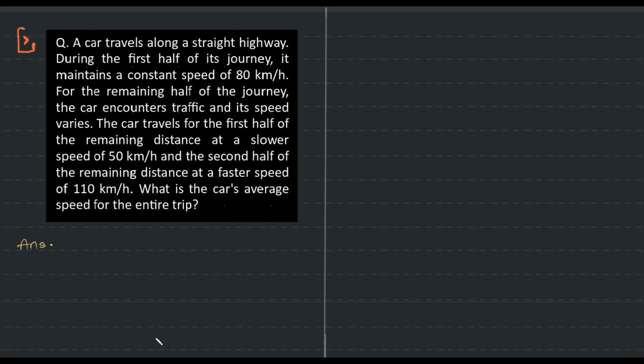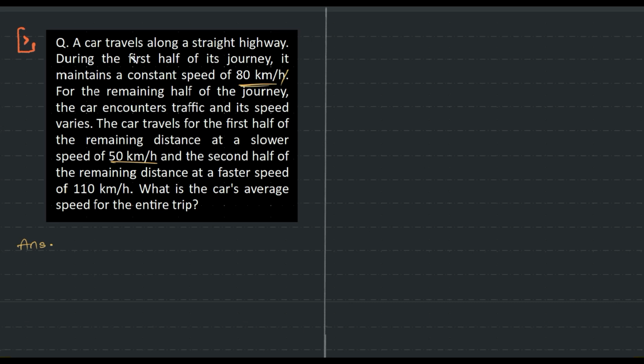A car travels along a straight highway. During the first half of its journey, it maintains a constant speed of 80 km per hour. For the remaining half of the journey, the car encounters traffic and its speed varies. The car travels for the first half of the remaining distance at a slow speed of,